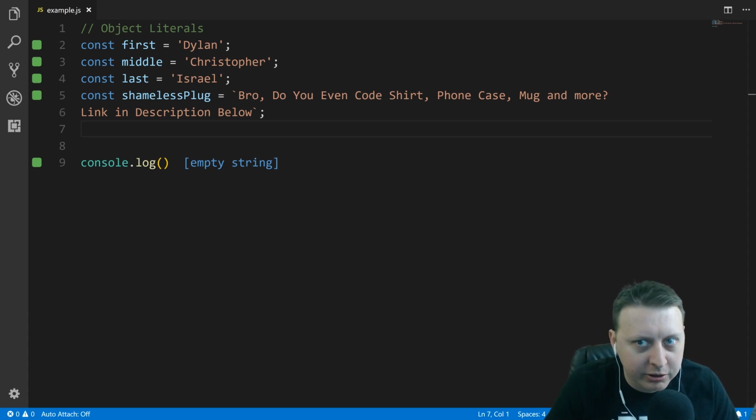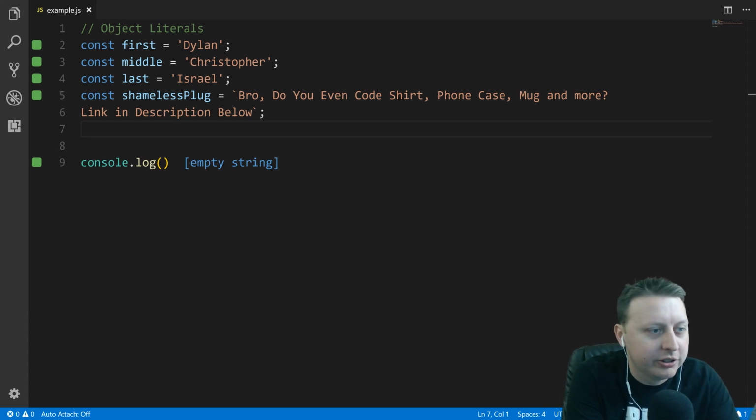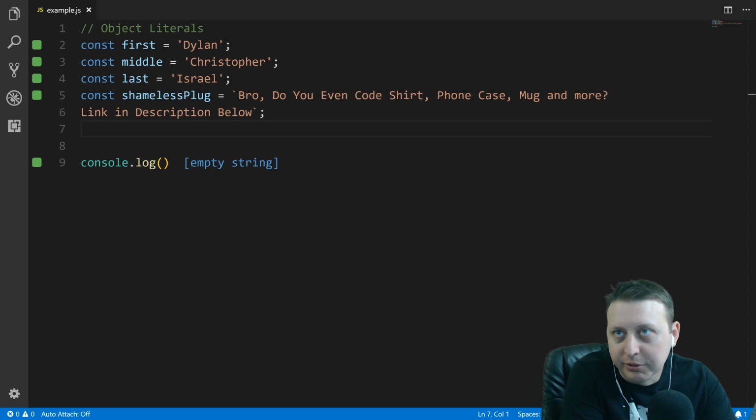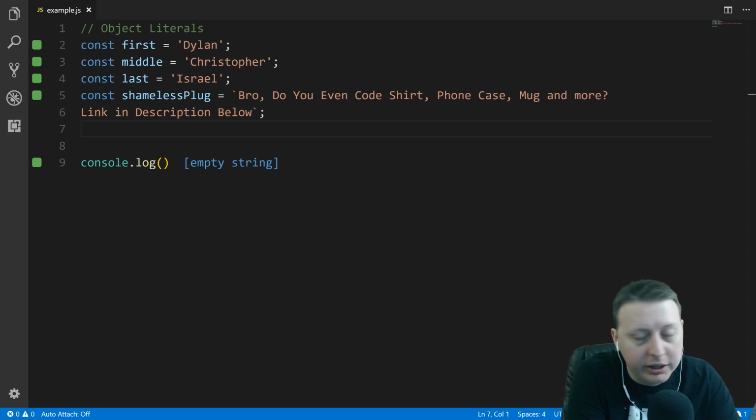All right, so let's talk a little bit about object literals, another great addition to ECMAScript, and somewhat related to the previous destructuring for how you might use this. So here we have 4 variables. We have my first name, my middle name, my last name, and then we have a shameless plug for the